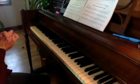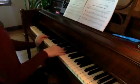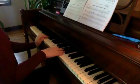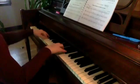Perfect. So here we go. Both hands together in G, and I'll call out the Roman numerals as we go. 1, 2, ready, go. 1, 4, 6, 4, 1,